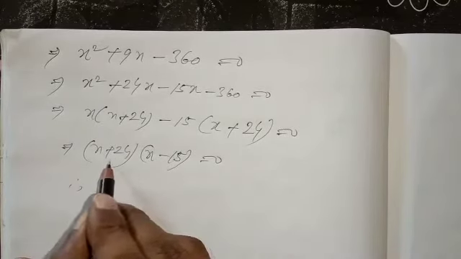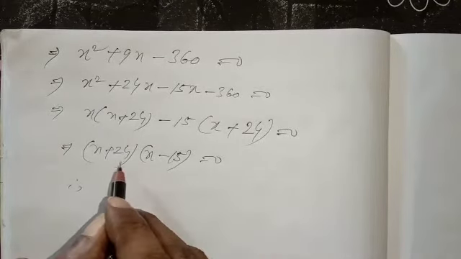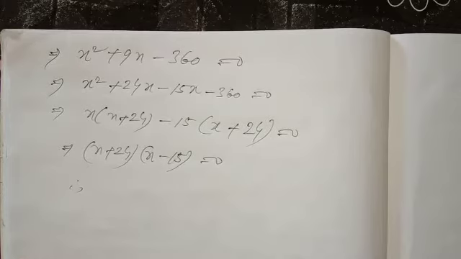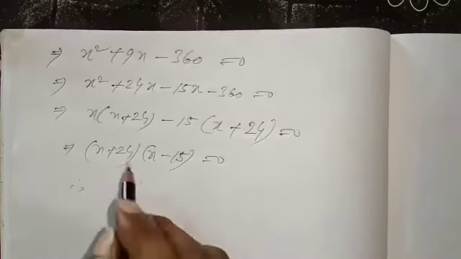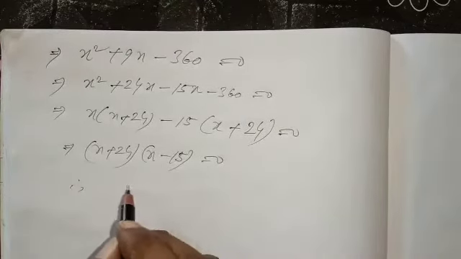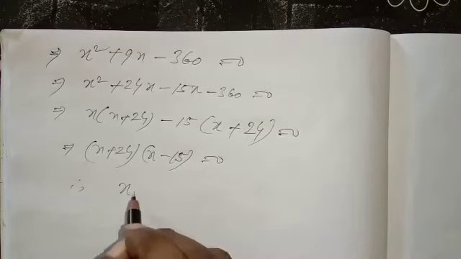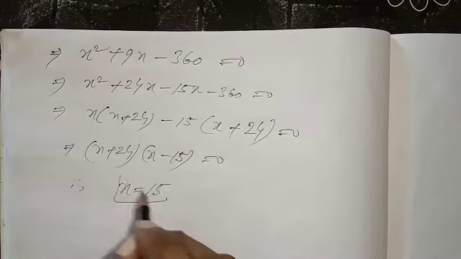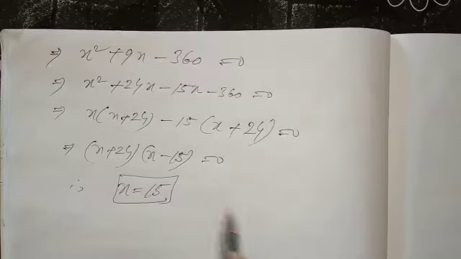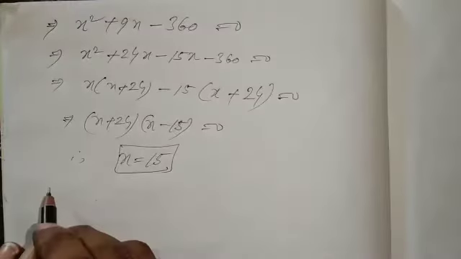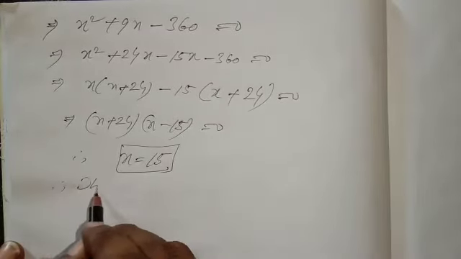Therefore, if I take x plus 24 equal to 0, you will get a negative number. The length of the side cannot be negative. You have to reject this one. Then if I take x minus 15 equal to 0, x is equal to 15 I will get. X equal to 15. X means what? Length of height. Therefore, the length of height